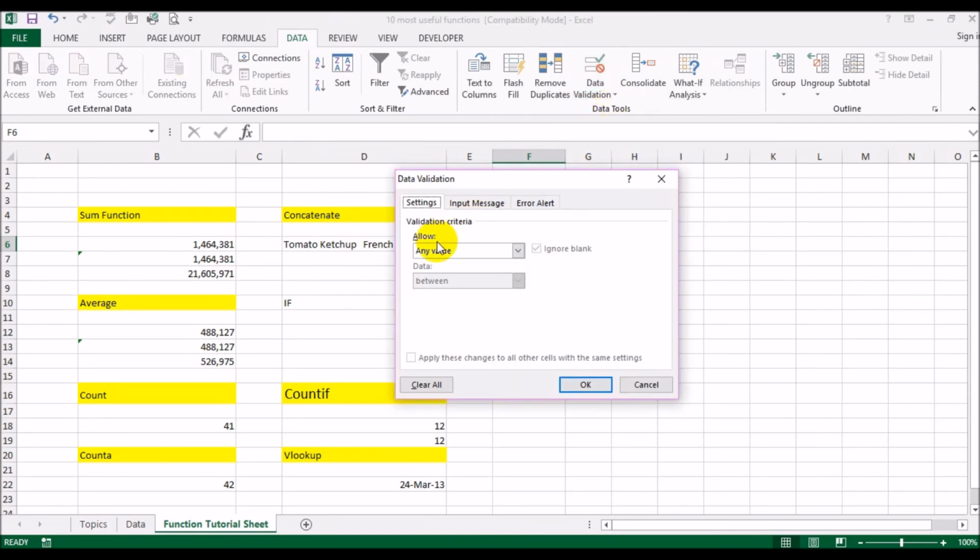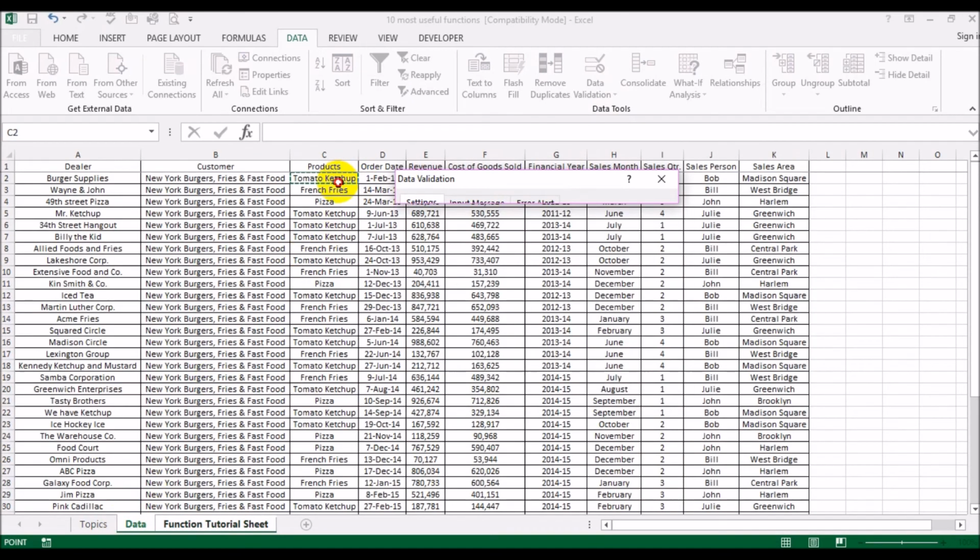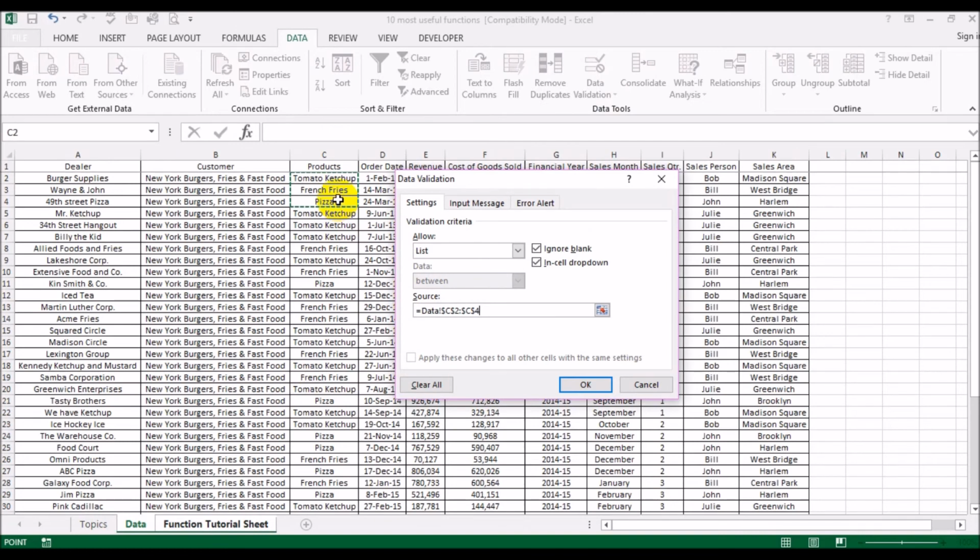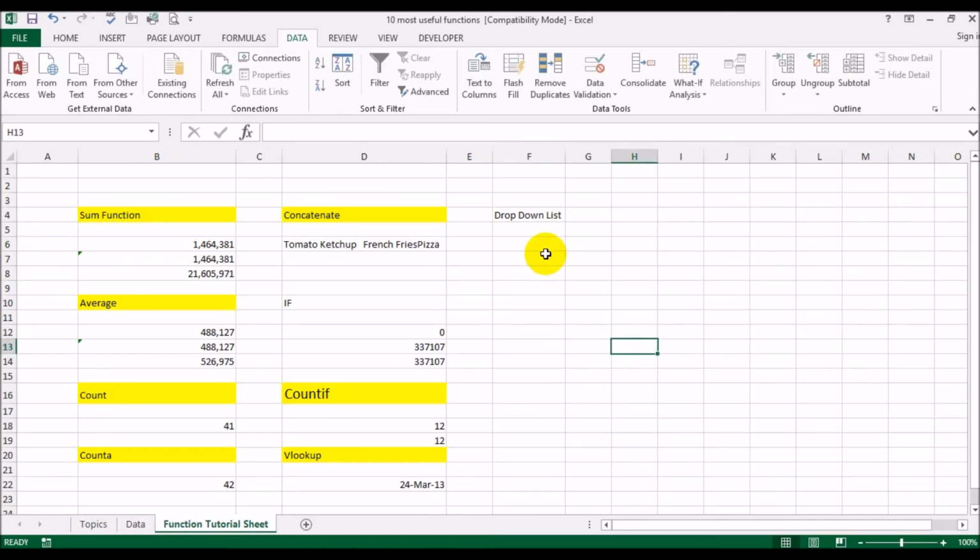Now it says validation criteria. Allow any value? No, we want it to be coming from a list. Now this source, what this means is, what values do you want this list to have? So let's go to data. These are the 3 values that we would want: ketchup, fries, and pizza, okay? And you click on OK, and now you see whenever you're on this cell, you get this drop down, and